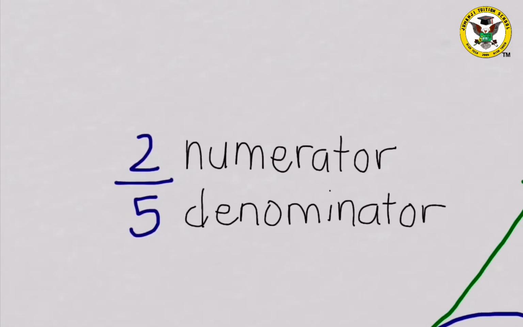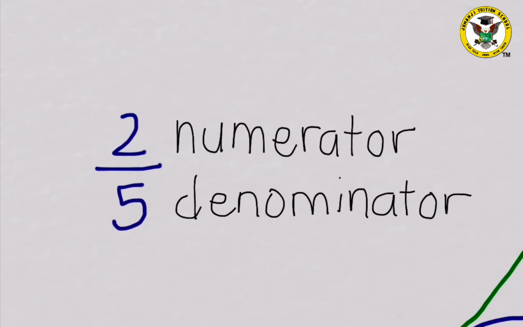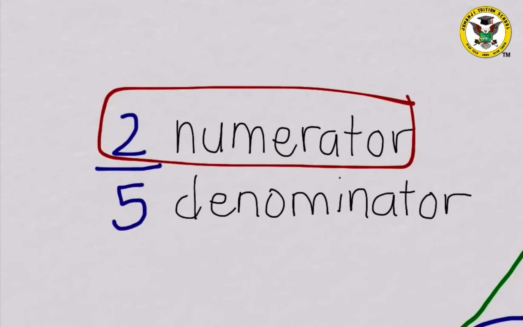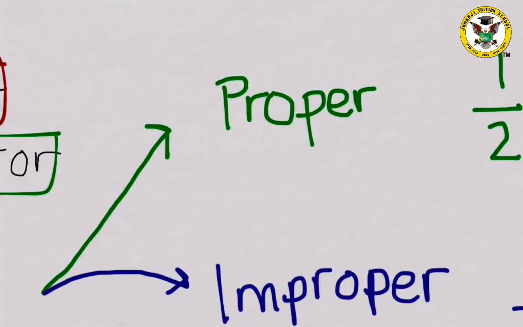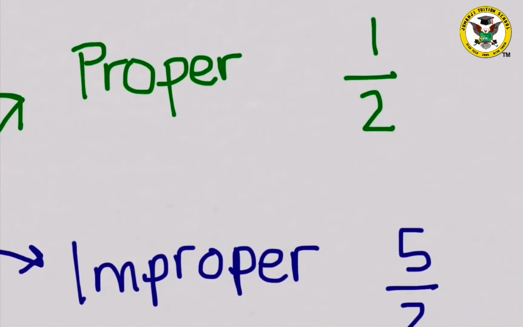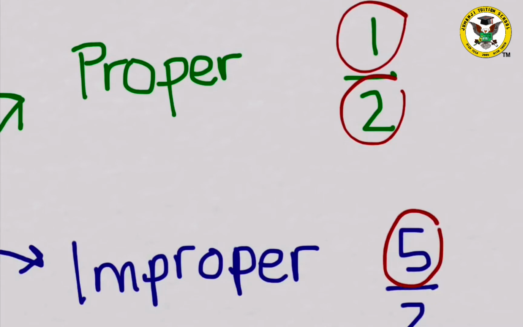So fraction has numerator and denominator. The numerator is the number above, while the denominator is the number below. There are two types of fraction, proper fraction and improper. Proper is when the number above is smaller than the number below, while improper is when the numerator is